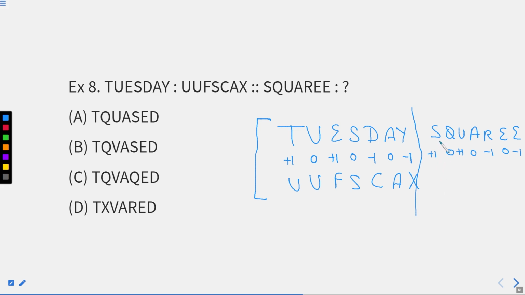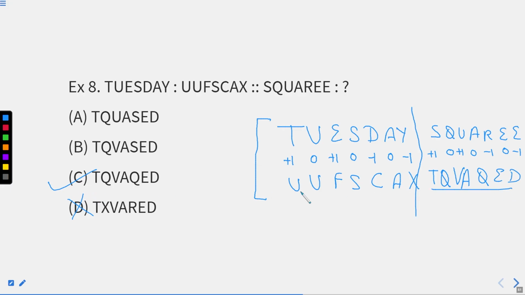After S, what we will get? We will get a T, right? So we'll get a T. So we are getting T everywhere, right? Then Q. Then we need a Q. It means our option D is already eliminated, right? Okay. U, V, right? It means we are getting it right. A as well, we are still getting right everywhere. What we get before R? We know P, Q, R, S. It means we are going to get a Q here. So T, Q, V, A, Q. Only one option is there, right? And then E and T. This is our answer, which is our option number C.